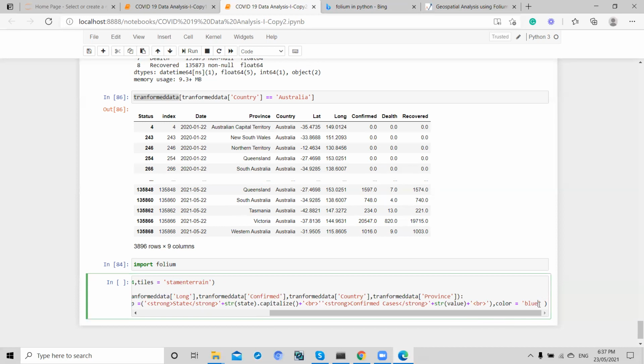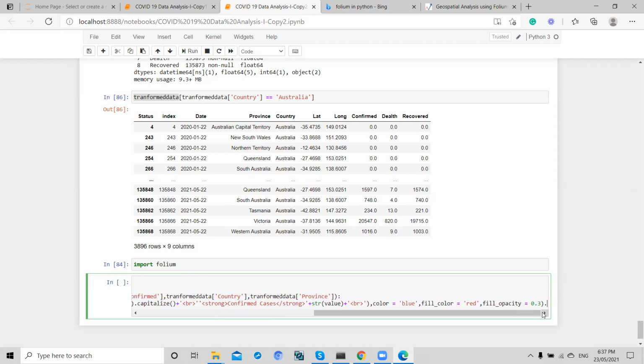Blue, comma, fill underscore color equals red, comma, fill underscore opacity equals 0.3. Okay,